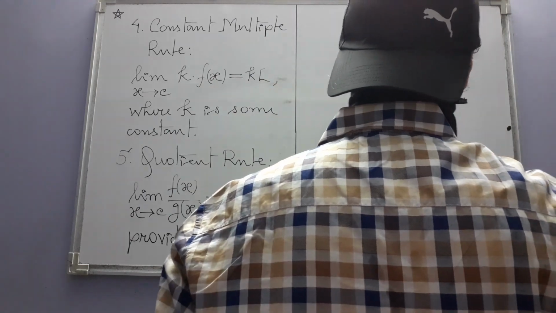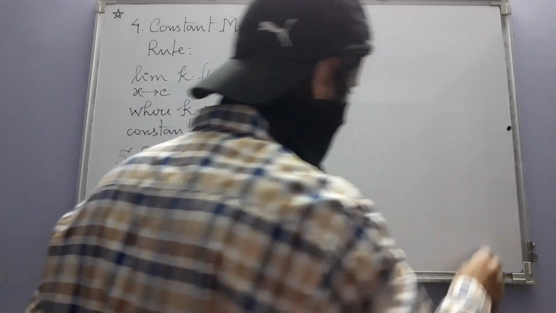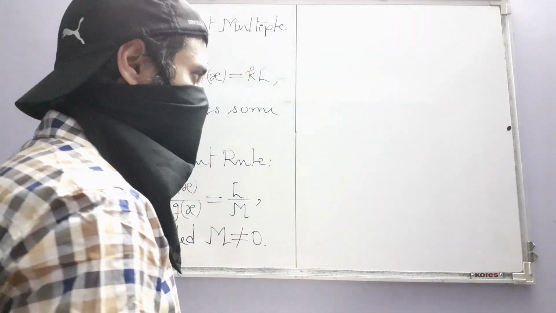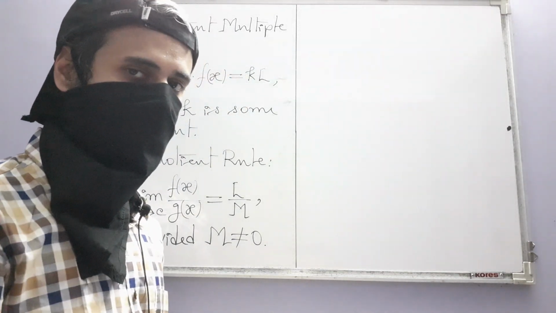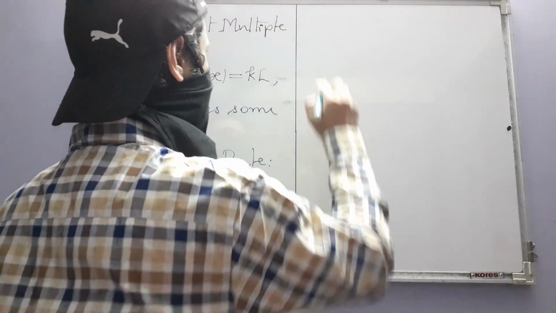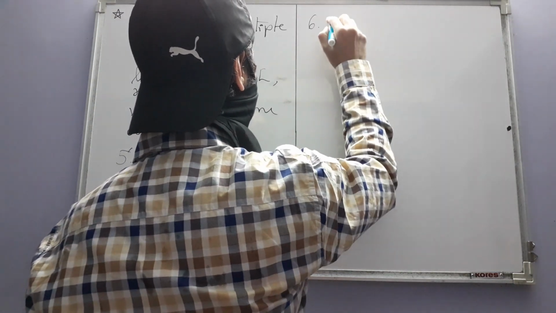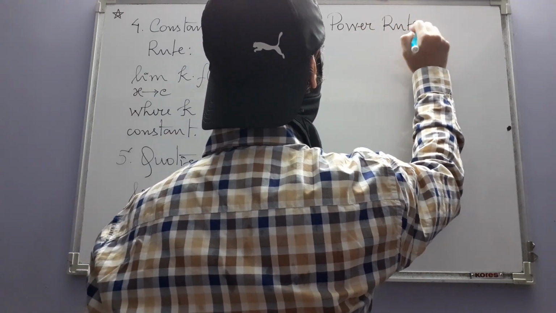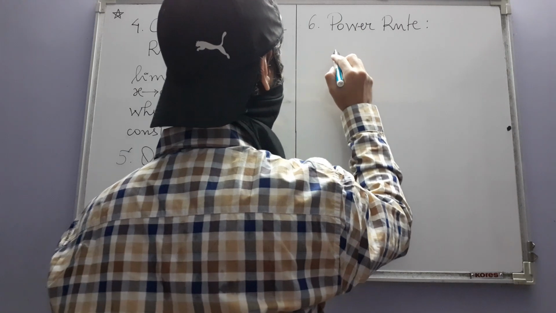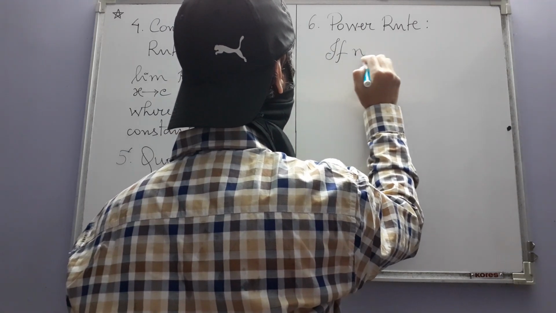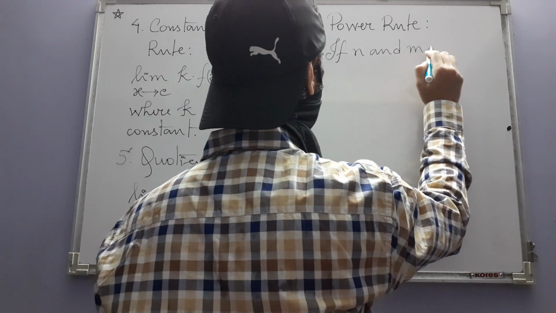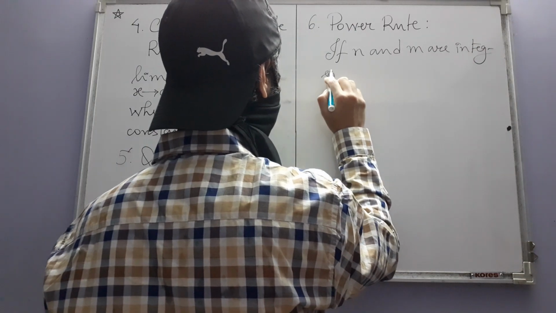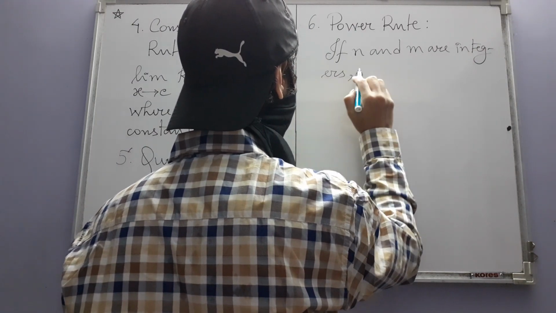And there is one more, the power rule, which involves powers of functions where the exponent is a rational number. So this is the sixth one. Power rule. If n and m are integers, then